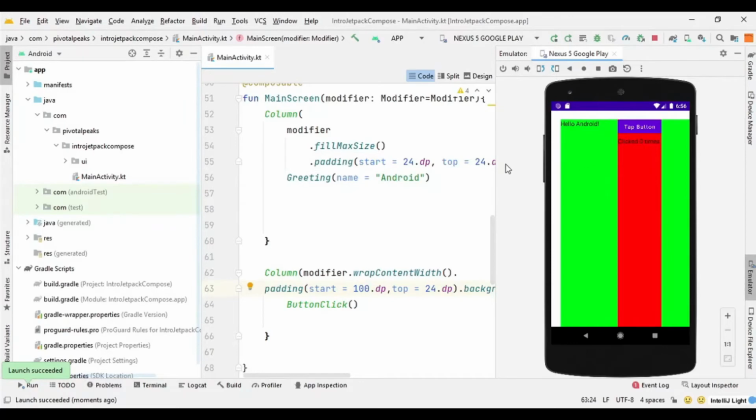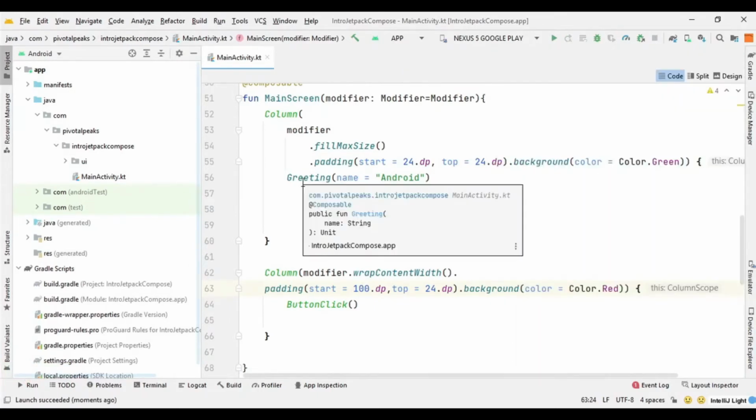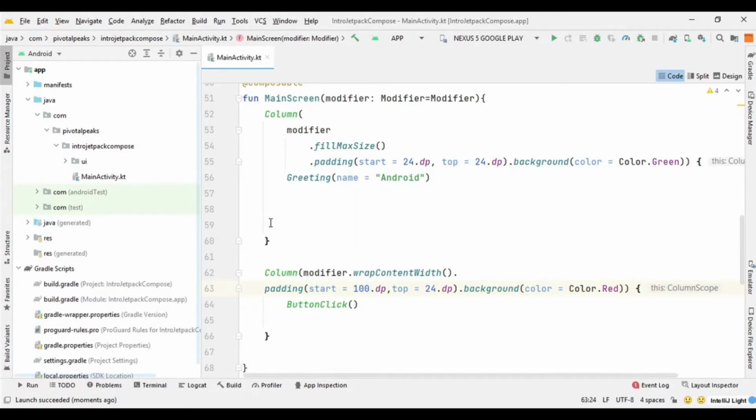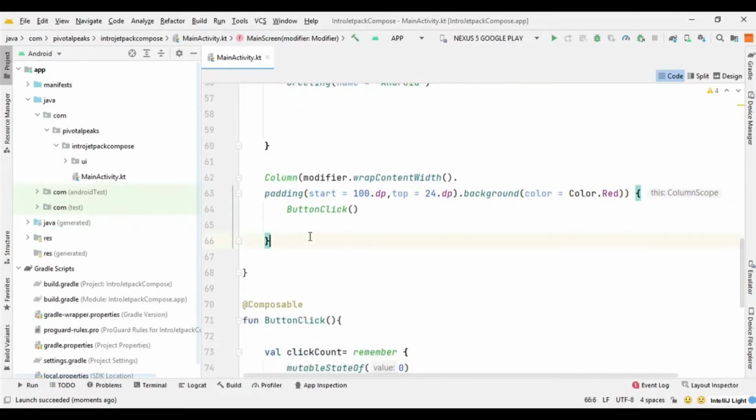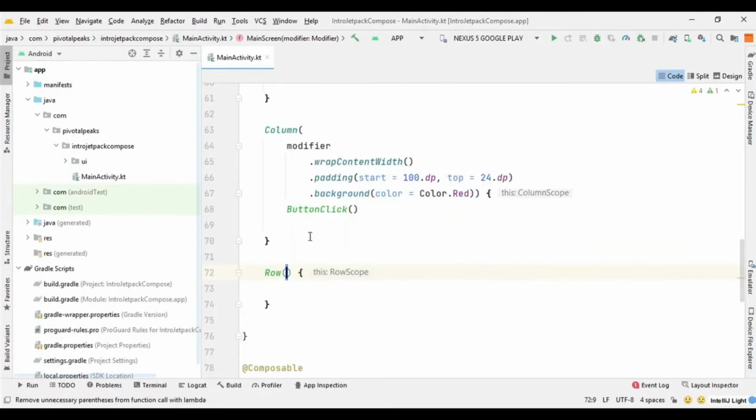And now we will play a little bit with the row. So the column works in vertical orientation, but the row works in horizontal. So I am going to create a row here, row, and I am not going to put any modifier here right now.